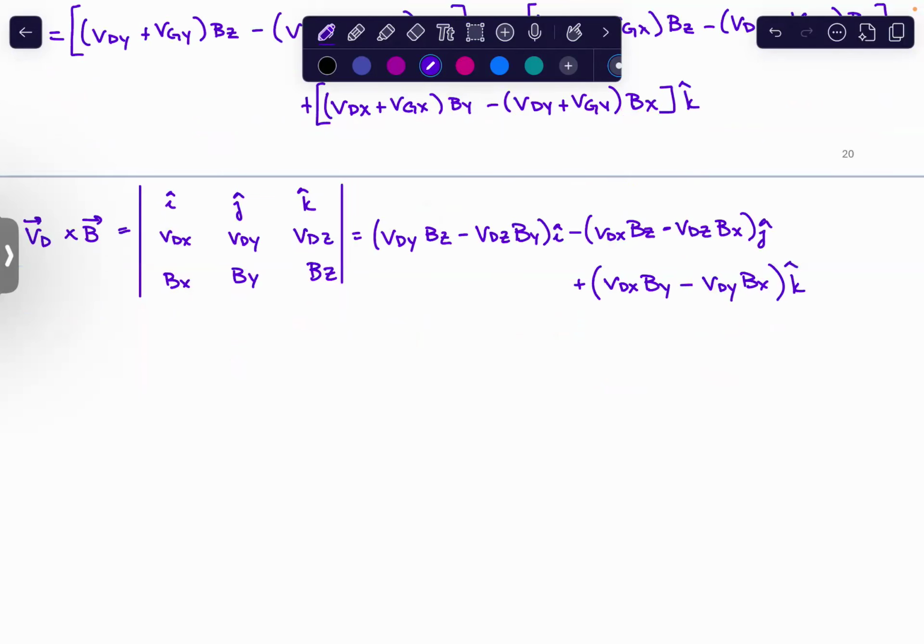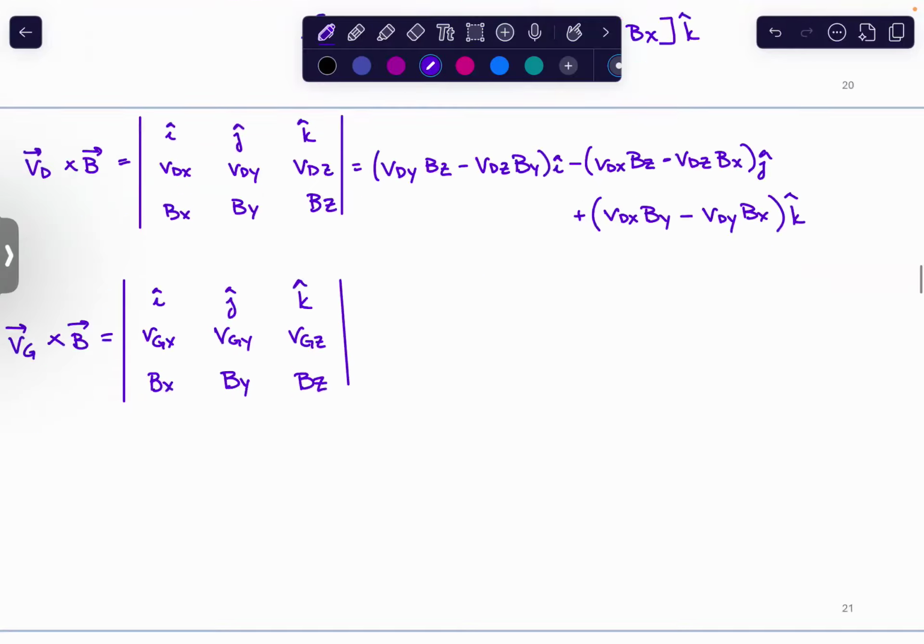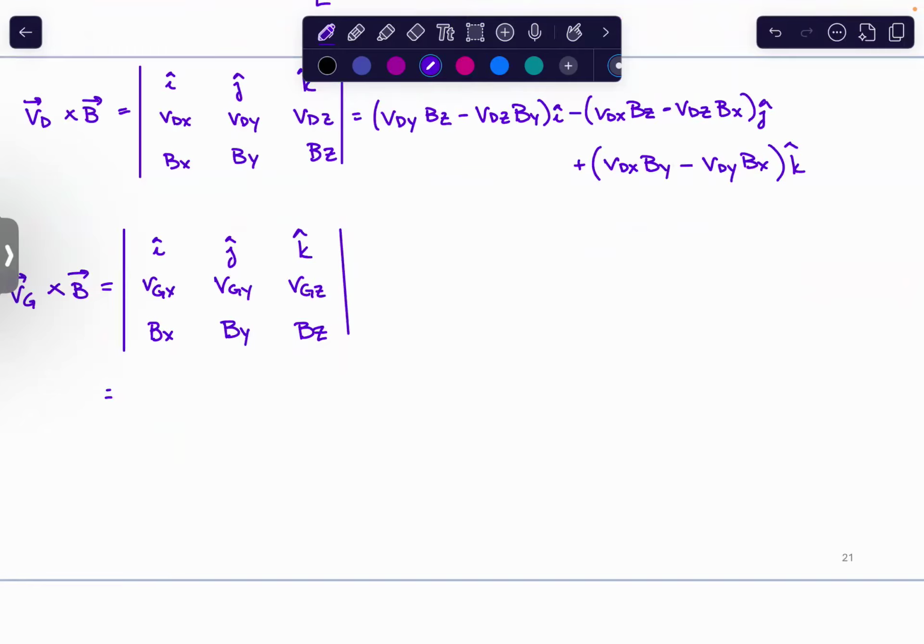Then we want to look at the gravitational velocity. That is going to end up giving us